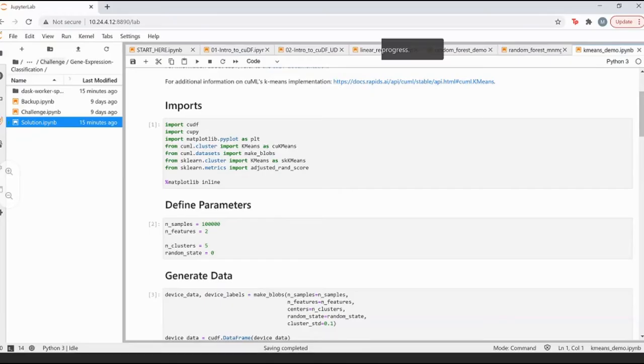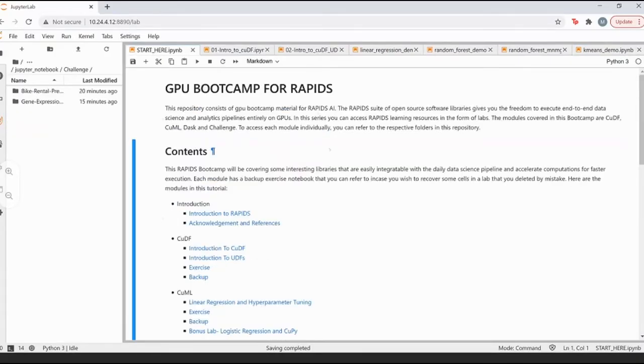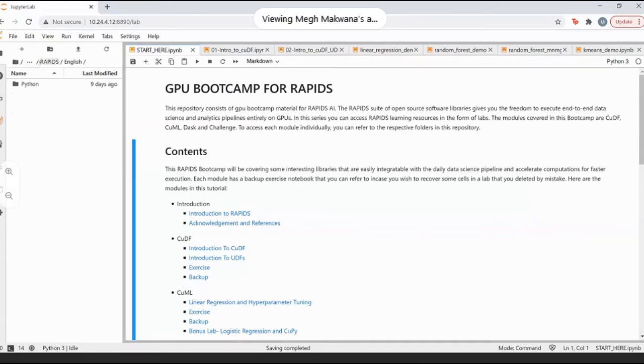So this is the content that I'll be referring to today. All these Jupyter notebooks will be on a public GitHub repository. It is not currently there as of this point, but it will be uploaded in a couple of weeks.